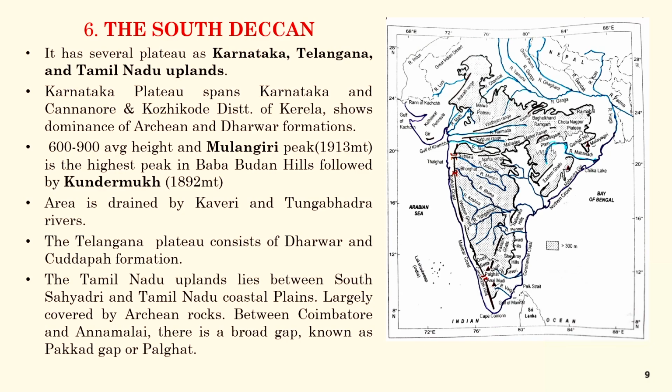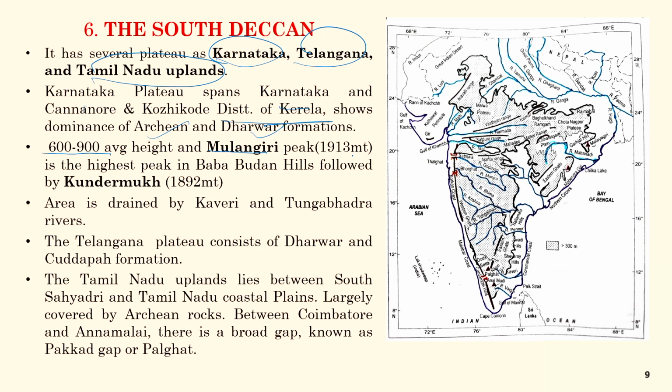The South Deccan Plateau region has several plateaus: Karnataka Plateau, Telangana Plateau and Tamil Nadu uplands. Karnataka Plateau spans Karnataka and Kasaragod and Kozhikode districts of Kerala too. It shows the dominance of Archean rocks and Dharwad formations. Its average height is 600 to 900 meters, where Mullayanagiri, 1913 meters, is the highest peak of this area,